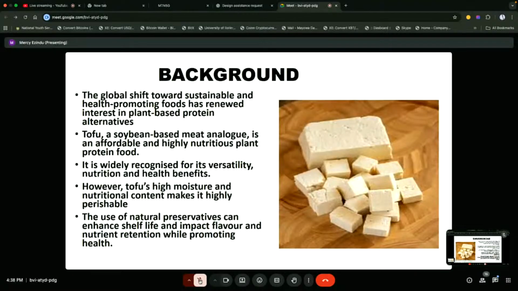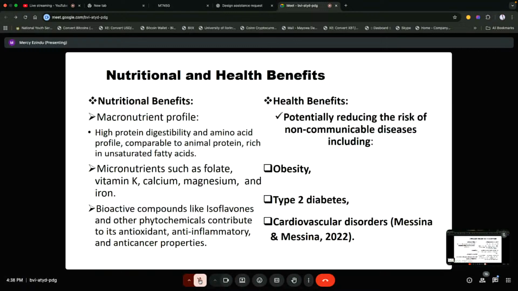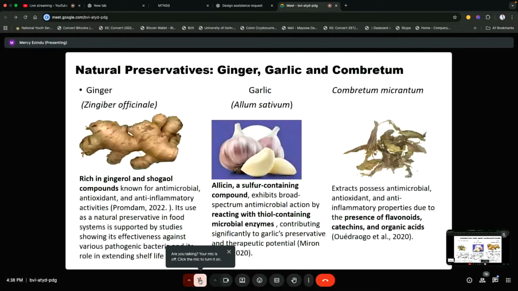And instead of using synthetic preservatives, we use natural preservatives to enhance shelf life, retain nutrients, and to promote good health. The nutritional and health benefits of consuming tofu are as follows. It has high protein content and high protein digestibility. It is rich in unsaturated fatty acids and essential vitamins and minerals. The bioactive compounds in tofu contribute to its health benefits as they reduce the risk of non-communicable diseases. The natural preservatives we used were those readily around us, garlic, ginger, and